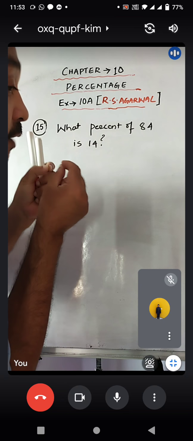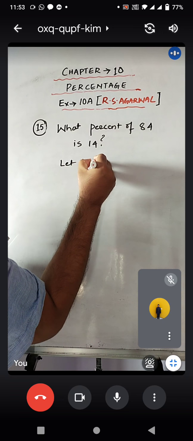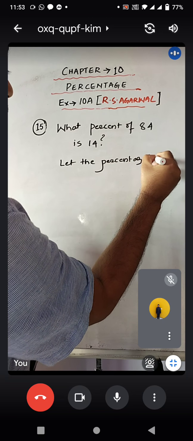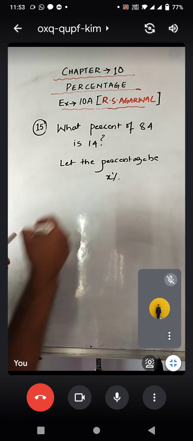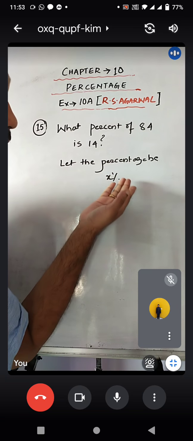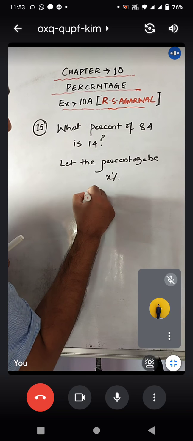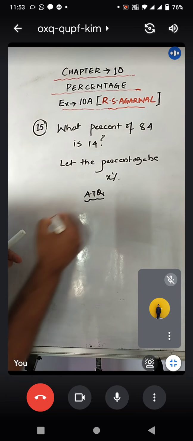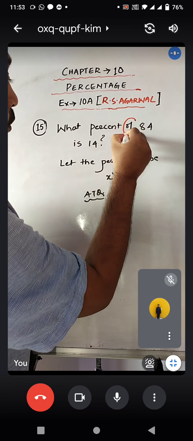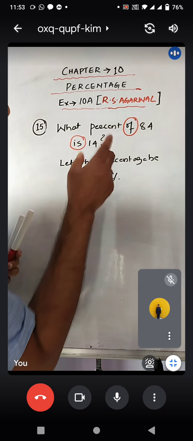So when you are not aware of the percent, the first thing that you will do is let the percentage be x percent. Okay, this is what you have to find out, x percent. Once you know the value of x, you will know the percentage also. Now how to frame the equation, that is a very important thing to understand. See how to frame an equation. Now you just concentrate on these 2 words, of and is. Okay, this will help you to frame your equation.